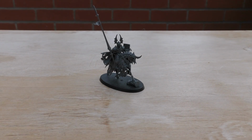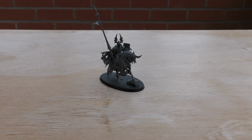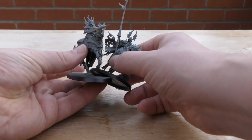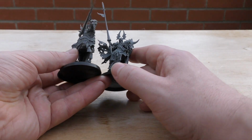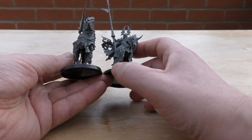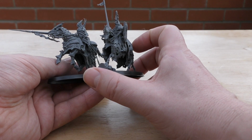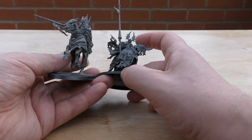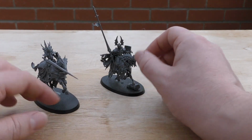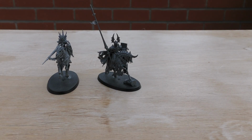So size comparisons then, compared to like a Blood Knight right here. They're on the same size base. As you can see, size wise, there's not much in it. Maybe the Blood Knights are a little bit taller, just a bit, but the poses of their steeds are in much more active poses compared to this Wight King. But yeah, he wouldn't look too out of place near the Blood Knights,